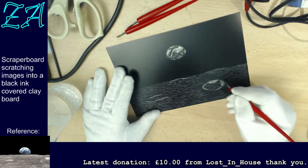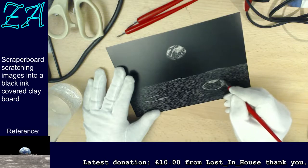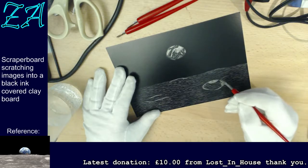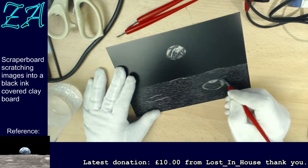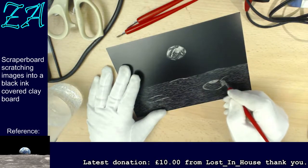Let's try and put another crater on the side of this one. Let's make it look like one's interacted with the other. So they've got up one morning and said, "Hello, crater." Yeah, not got quite that interaction, but